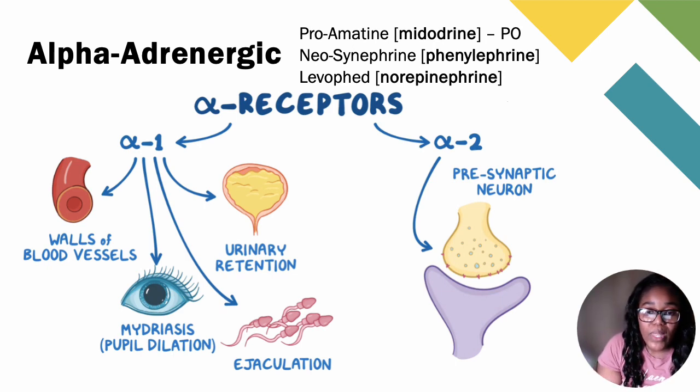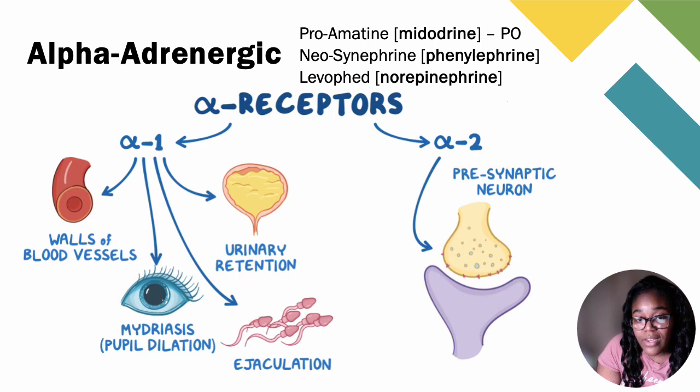So when we look at these ephrines, or in this case phenylephrine, norepinephrine, they still have the same effects on the body. You do see blood vessels that they work on. You still see the mydriasis. You still see the urinary retention. But think about what's happening with the blood vessels. We do have some vasoconstriction that is happening with our blood vessels. We have our pupils that dilate, and we have urinary retention. Again, when we have alpha adrenergics, this is what they work on. Now, the nuance with